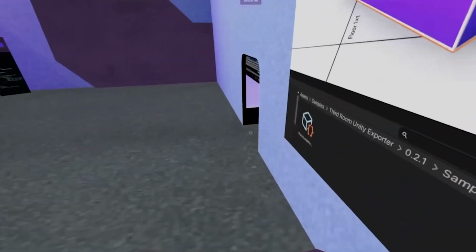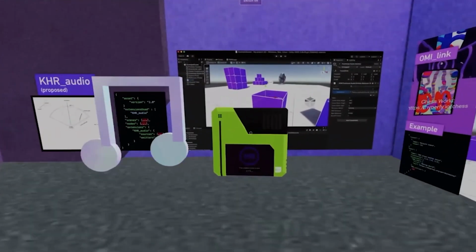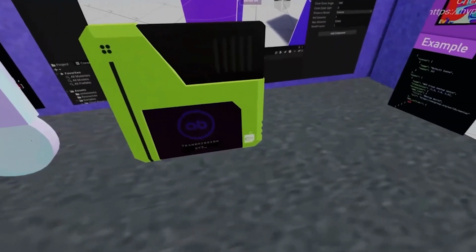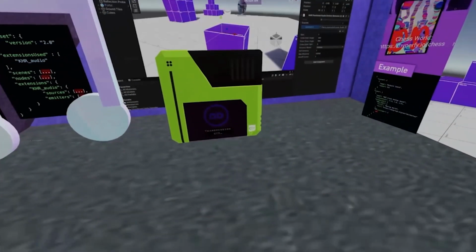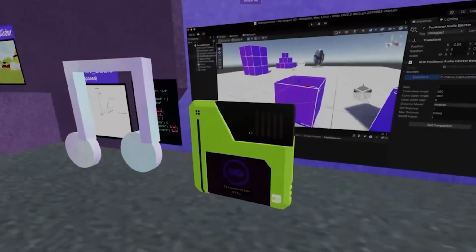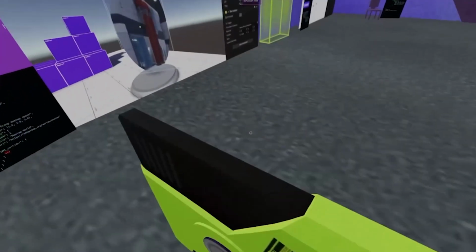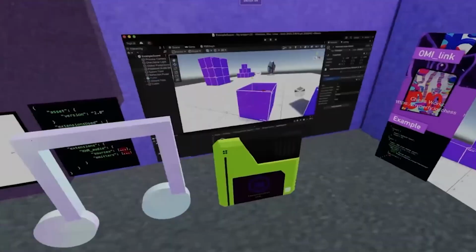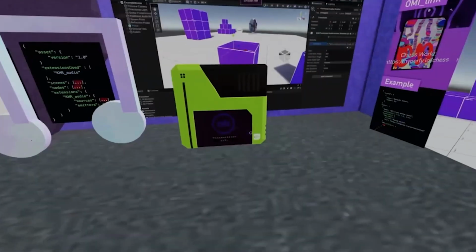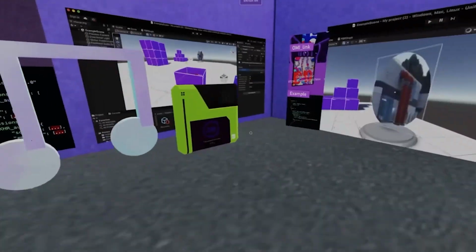One experience that I've been working on, unfortunately I don't have a way to route my audio. It's just not working, but pretend you're hearing music and it's beautiful. Here we have an audio file. This is a sort of digital record. I'm putting together a single inside of this 3D file, and packaged inside of this 3D file is an actual MP3 file, and that MP3 file is played inside of the room as I walk around.